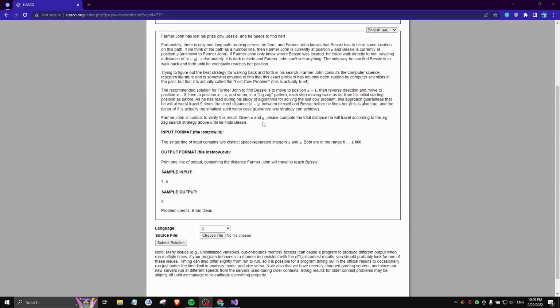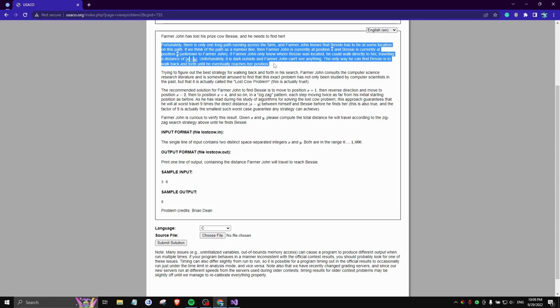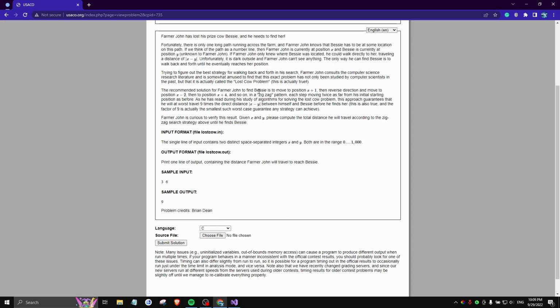Today we're going to be working on Bronze Problem 1, the lost cow. So basically what this problem is about is, Farmer John is at position X and the cow is at position Y. And Farmer John needs to go in a zigzag in order to find the cow. What the zigzag means is it needs to go to X plus 1, and then X minus 2, and then X plus 4, and so on, all the way until he passes the position Y of the cow. And then we count up the distance that he would travel